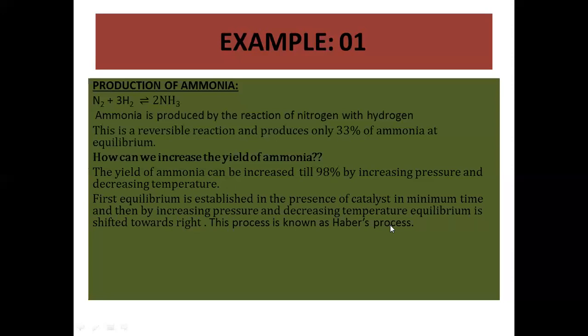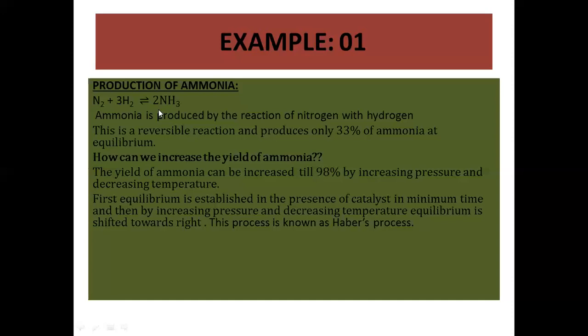The question arises how, by increasing the pressure, the reaction will go in the forward direction. So let us see, students, there is 1 mole of nitrogen and 3 moles of hydrogen. The total number of moles is 4. 4 moles are reactants and 2 moles are the products. We have learned before in Boyle's law that by increasing pressure, the volume of a gas decreases.